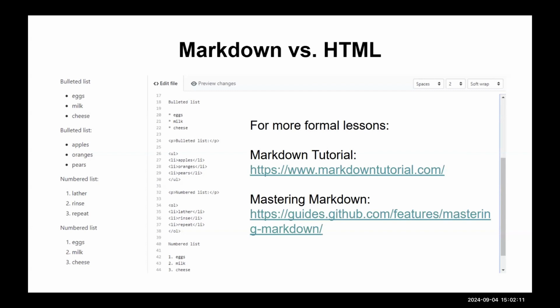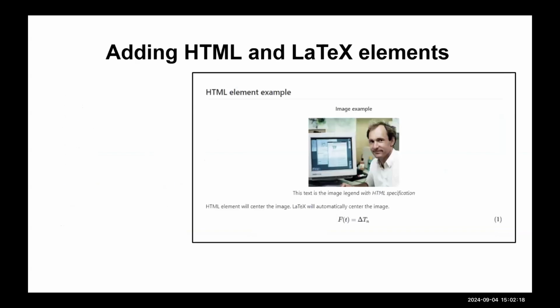There are all sorts of Markdown tutorials on the web, and ways to master this, so I'll leave you to that. But when we go back to the README file, we can create technical documents that not only use Markdown but also use things like HTML elements. That's another thing about Markdown. It's not only lowering the barrier to entry, so people with tenuous technical skills can contribute to your project, but you can actually add in those other elements anyway.